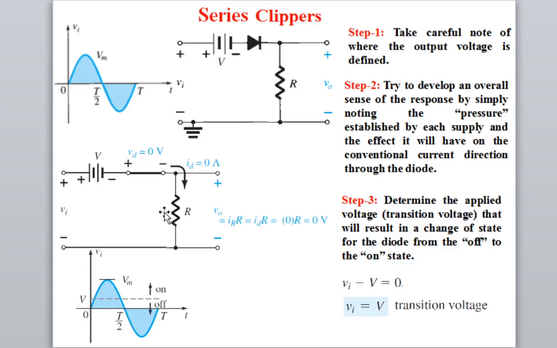Please note down the substitution of the short circuit equivalent for the diode and the fact that the voltage across the resistor is equal to 0, because the diode current is equal to 0. Why have I assumed 0 voltage? Because the diode current is equal to 0. In an actual case this may not happen. This is just an assumption, a way to find out the value of the transition voltage for the diode going from forward to reverse bias. In order to do this, what do we have to do?